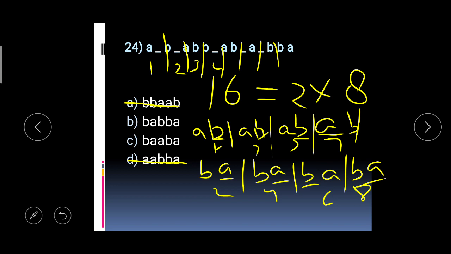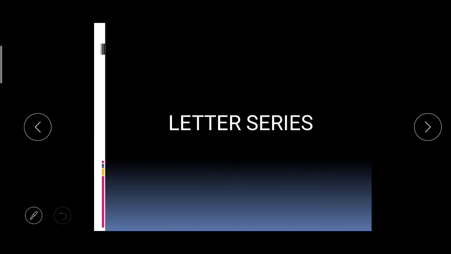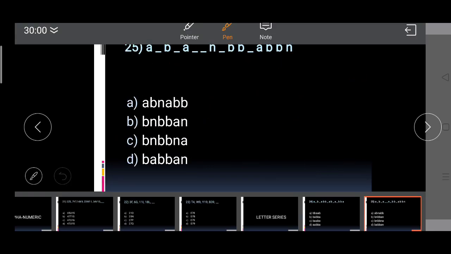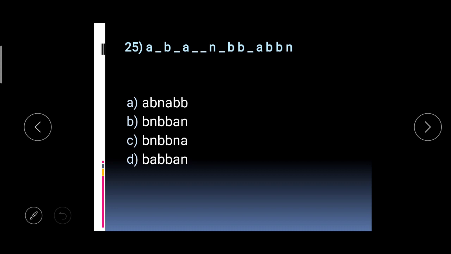So next blank is from the fourth pattern, right? So first is B, then A, then it has to be A, right? So it is not the answer, so our answer is B, A, A, B, A. We can find out also B, A, A and B, A, right? B, A, A. Okay, so B, A and B, A is the answer, right? So our answer is C. Okay, let's move on and we'll solve some more questions, then we'll get more clarity on this.